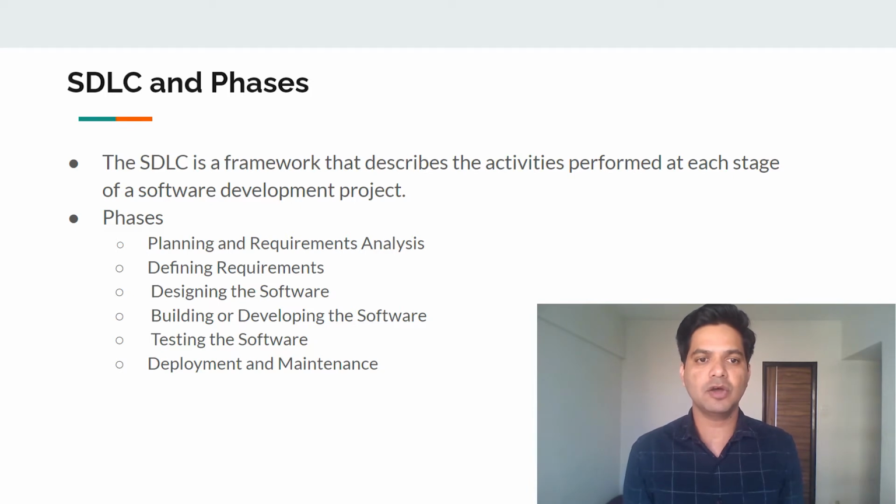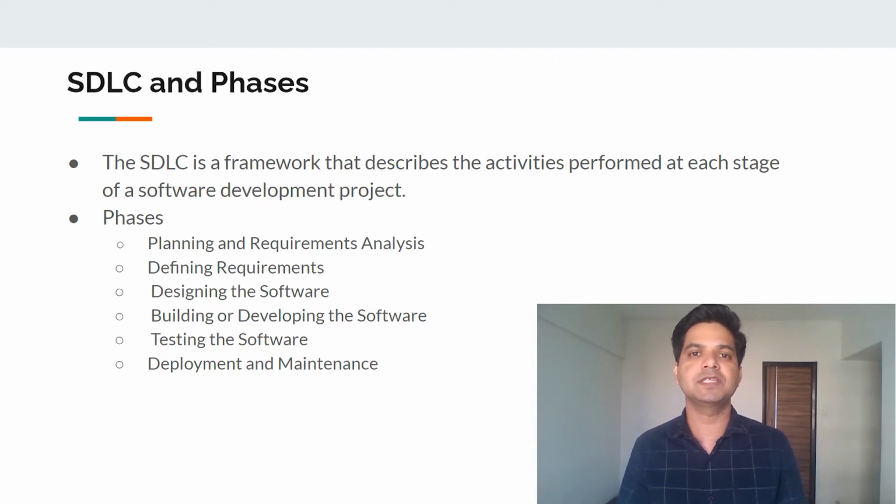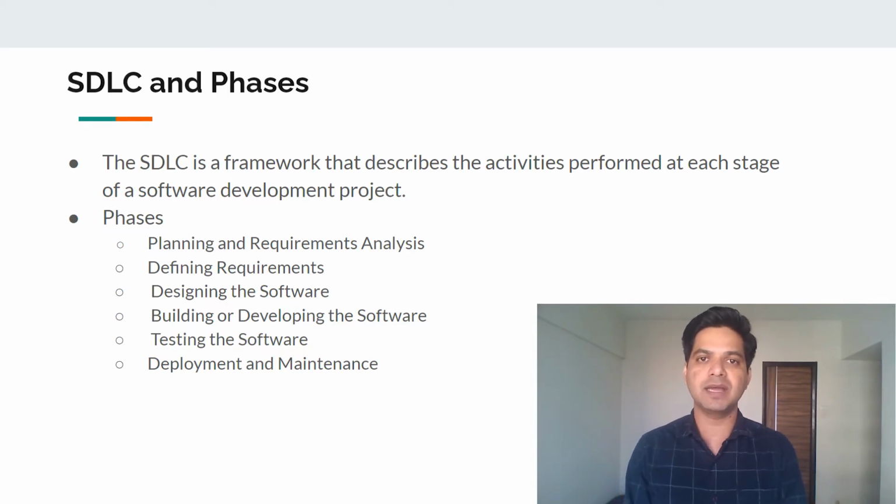And that document is the input for our next step, which is defining requirements, where considering the business requirements which have been analyzed by the team, we document all the detailed requirements, including what functionality and features we need to develop, what things we need to test, and basically define the acceptance criteria to accept this particular application in the market, or for it to be accepted by our customer. So the output of this second phase is the SRS, the software requirement specification document.